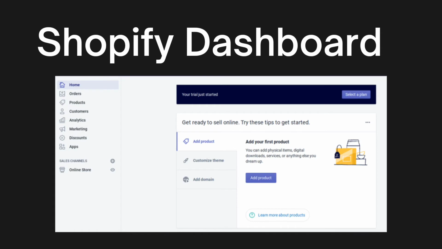Alright, so now we are in our Shopify dashboard, and this is basically where you'll start once you've signed up for Shopify, and you have a couple of choices. You can either add a product, or you can customize your theme, or you can add a domain. So what I suggest you do first is probably add a domain,